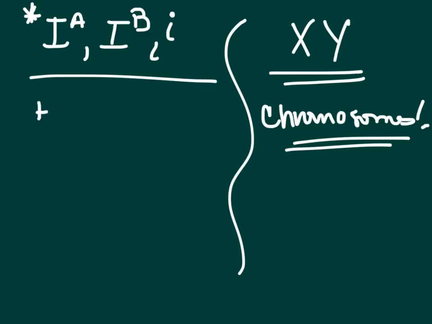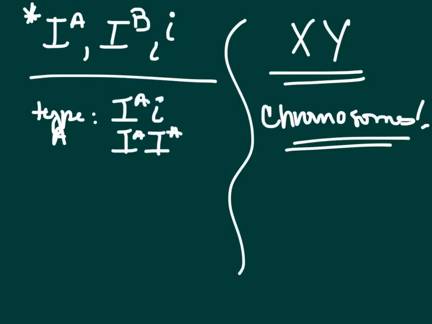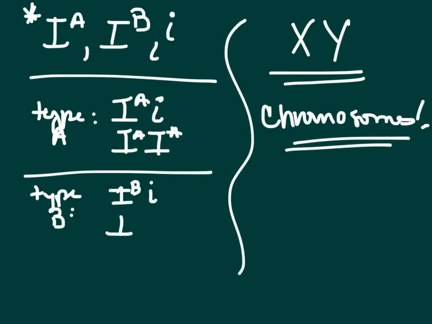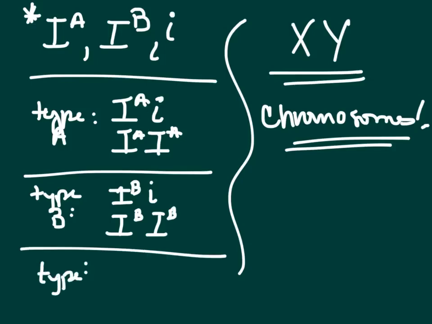So if you're type A, your potential genotypes are... if you're type B, your potential genotypes are... And if you're type O, that's your potential genotype. And if you're type AB,